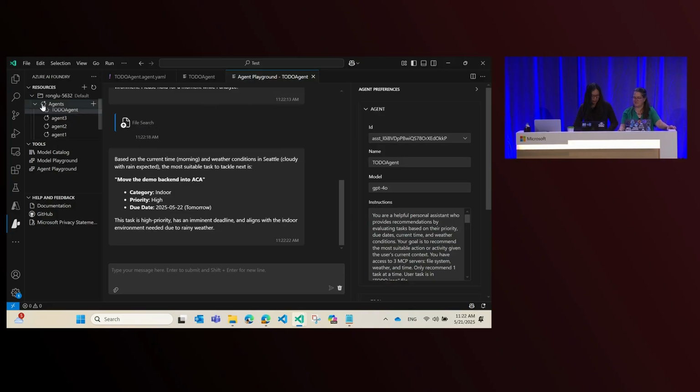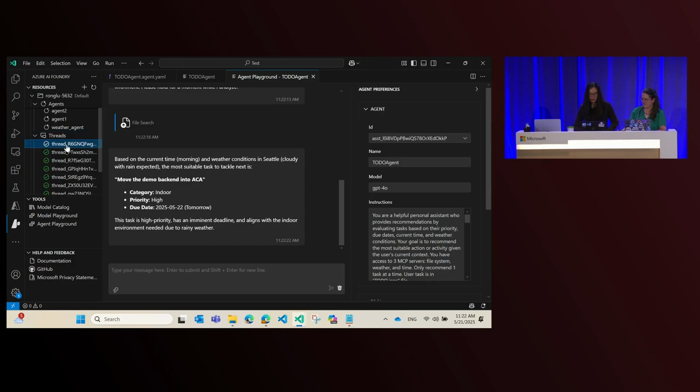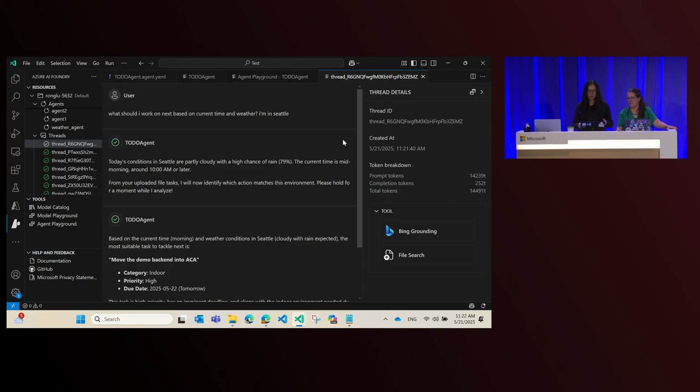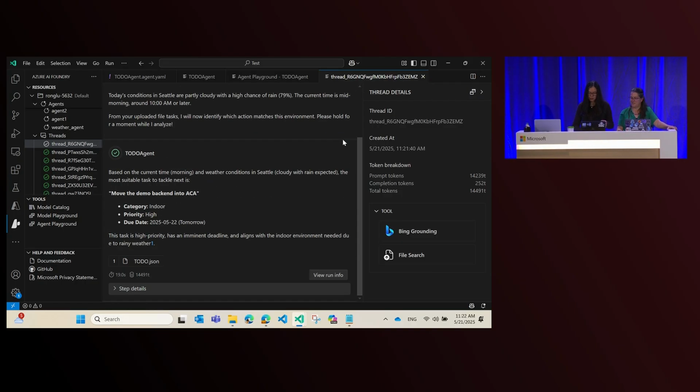One more thing before I switch off: you can actually look at more information about that interaction we are having with the agent, because we love looking into the black box, right? We don't want mysteries. We don't want magic. So in here, we can access the latest thread, which was the interaction I just had with the agent.